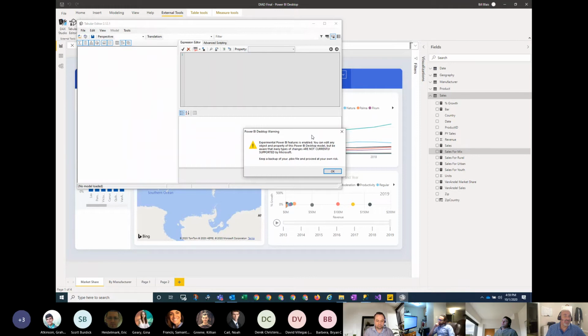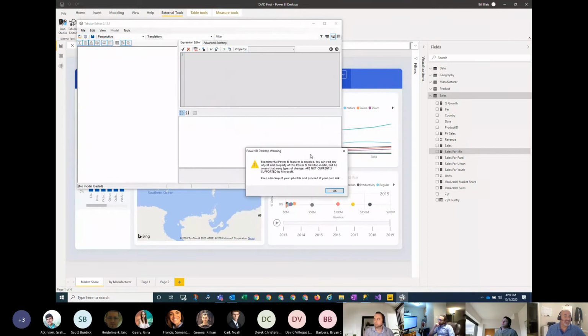All right, and one thing you're going to see here, and they've been saying this for a long time, but even before Tabular Editor was sort of a sanctioned thing that Microsoft has allowed to be certified for use with Power BI data sets, even before that, people were using Tabular Editor for Power BI, and there are some features that it does that could potentially mess up your Power BI Desktop file.